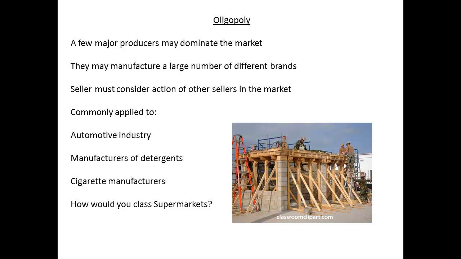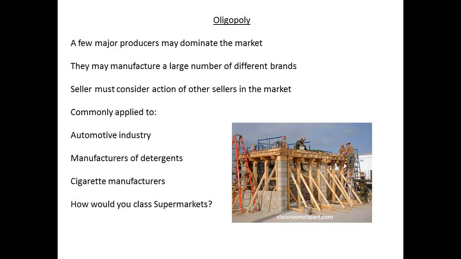In our last podcast, we looked at monopolies. In this podcast, we shall consider an oligopoly. How do they differ? With a monopoly, we are talking only of one firm, but with an oligopoly, we are considering a small number of firms that have come to dominate a market. A firm may manufacture only a few products or a large number of brands, but can still be a part